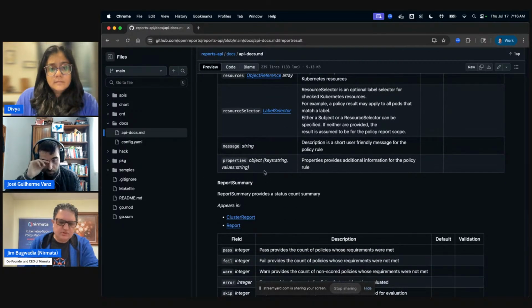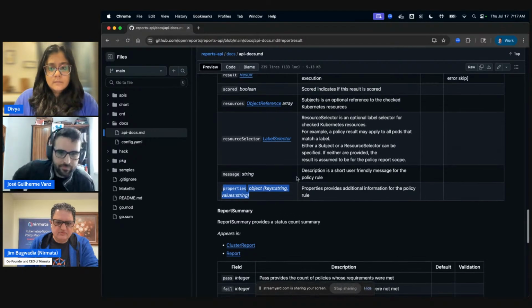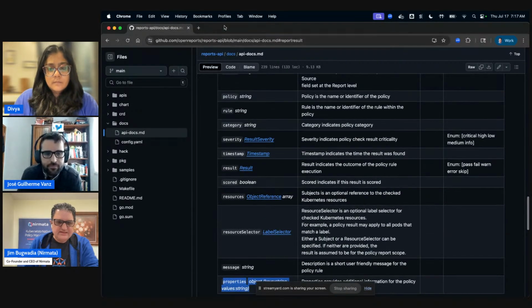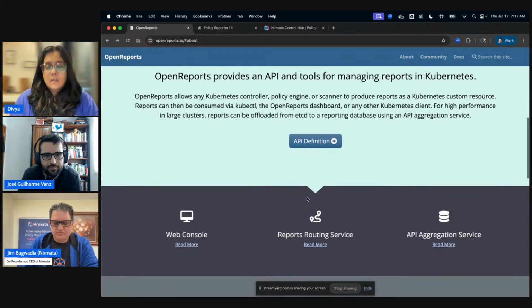And there's also an extensible field called properties, where if you want to put custom data, let's say for compliance, if you're auditing a network policy and you want to say this network policy rule is not compliant, you might want to put some properties from that network policy object in the report itself, so that somebody looking at the audit report understands what is compliant and what's not. You can do those things in the properties, which is just a key-value store within the report itself, right? So that's the API structure of the report, and that's the first part when you look at the tooling of what you get.